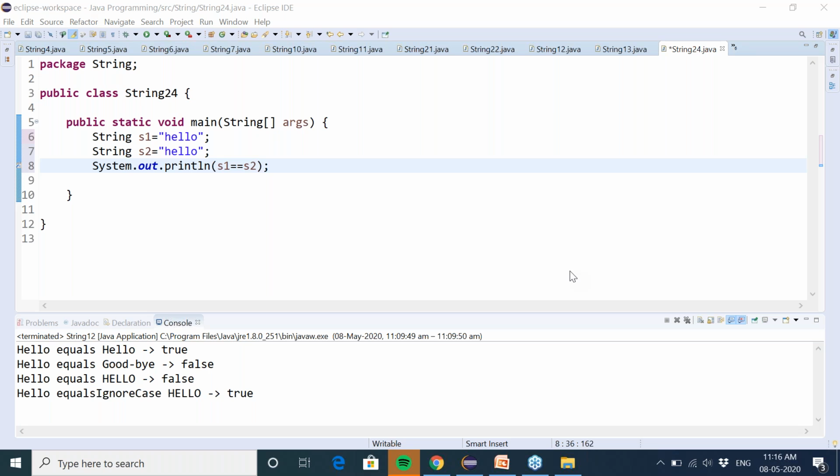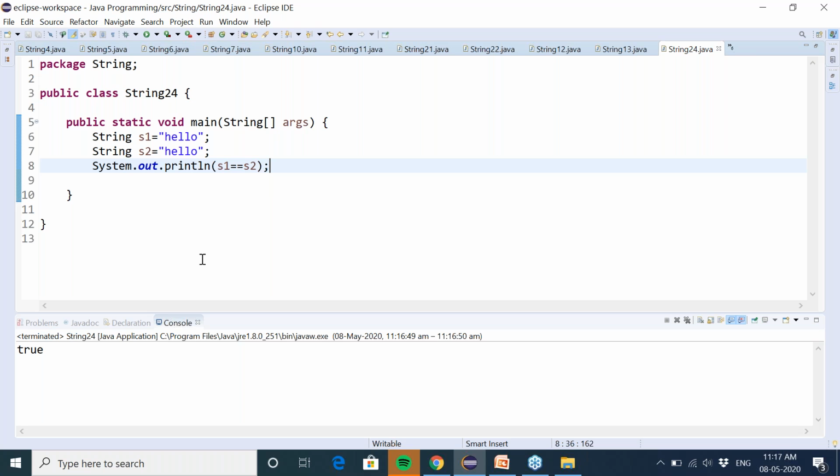We are basically creating two strings, and these two strings are referring to the same string.